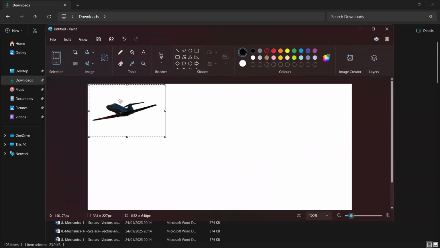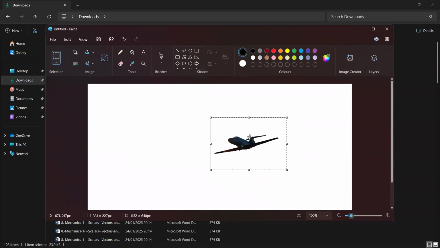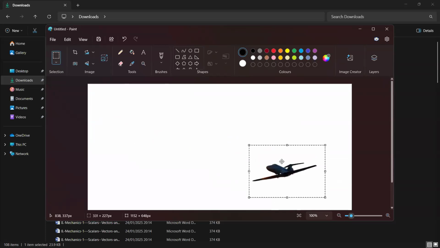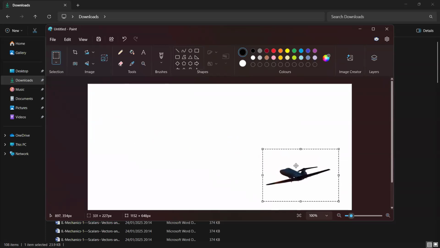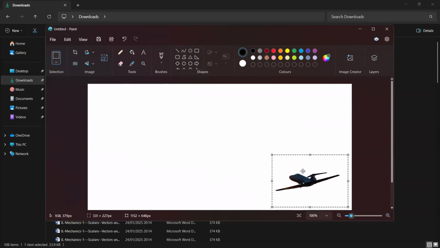Not too much. Just a little way from where that first one was. Move it down small. Move it down a bit. Okay, it's fine.